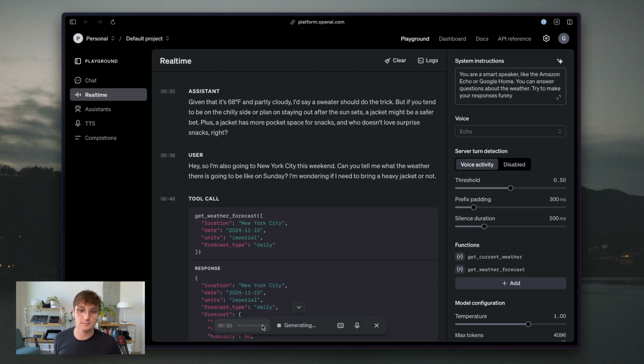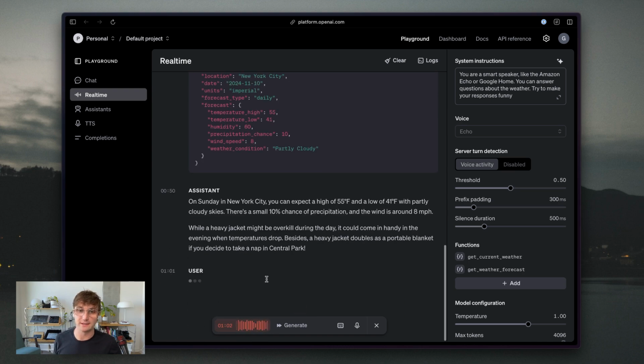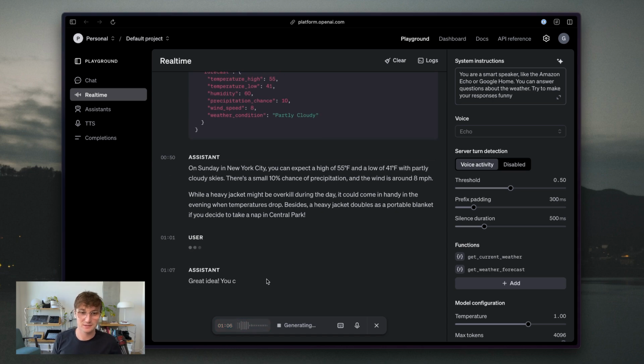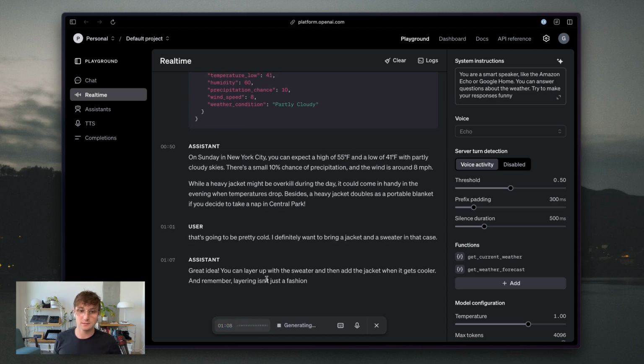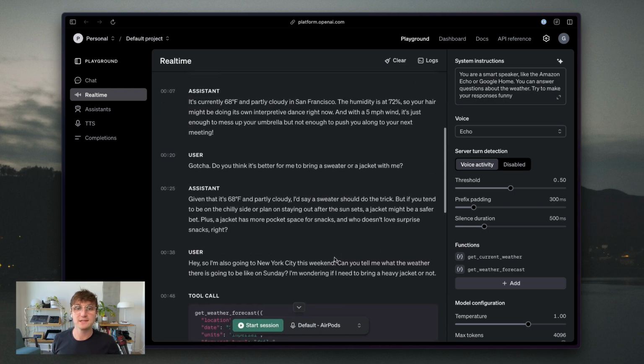On Sunday in New York City, you can expect a high of 55 degrees Fahrenheit and a low of 41 degrees Fahrenheit, with partly cloudy skies. There's a small chance of precipitation, about 10%. Ooh, that's going to be pretty cold. I definitely want to bring a jacket and a sweater in that case. Great idea. You can layer up with the sweater and then add the